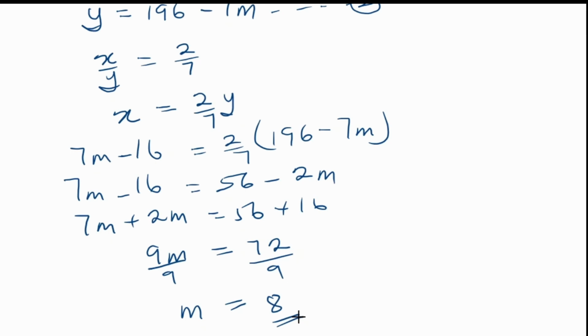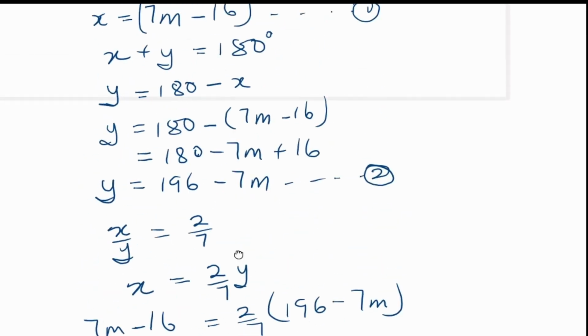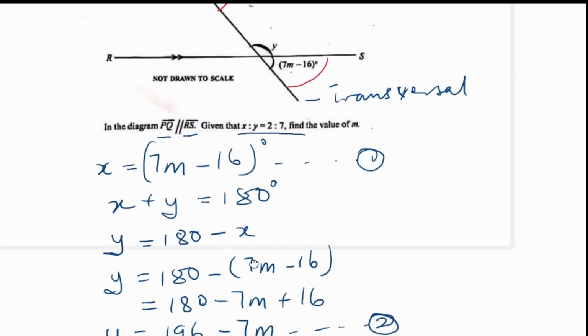I should quickly state that instead of using 2 over 7 to open the parentheses, some would like to multiply both sides by 7. So the 7 will come and multiply the left hand side. The only difference between the two will be that you get bigger values, which you have to reduce later with your calculator. The most important thing is that it will give you the final answer